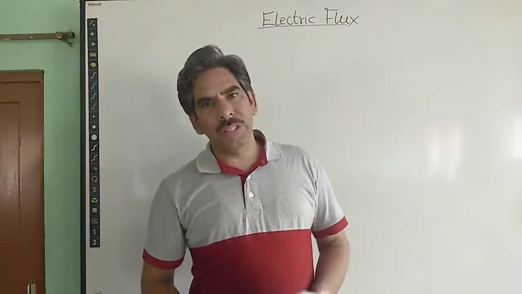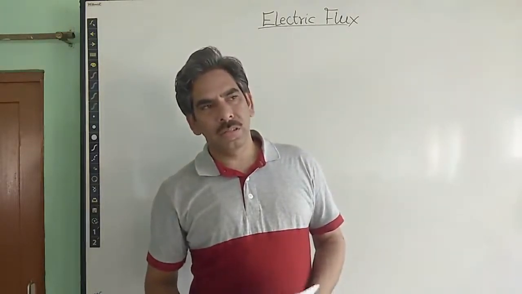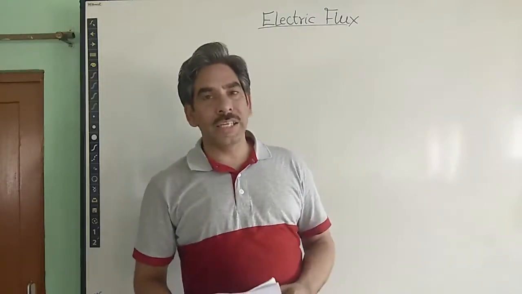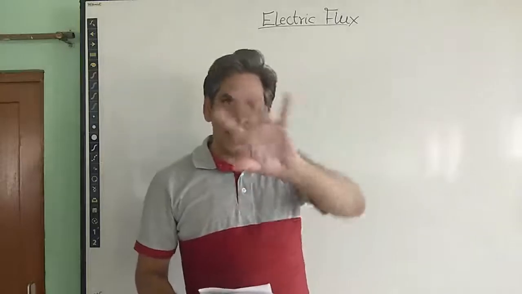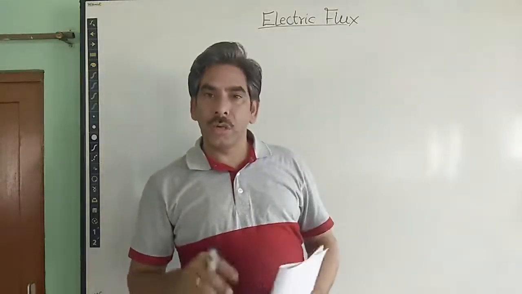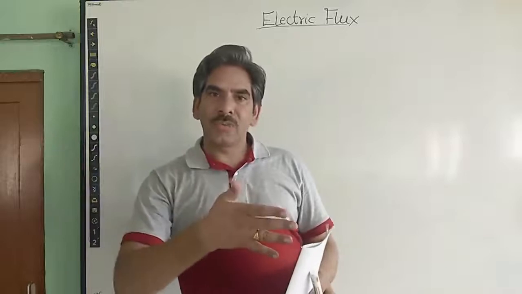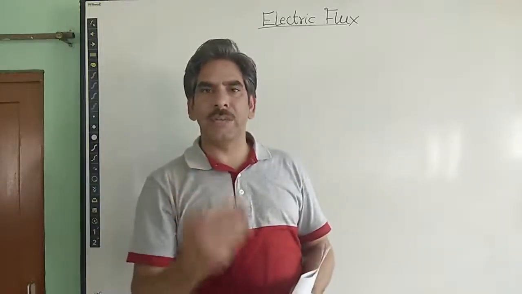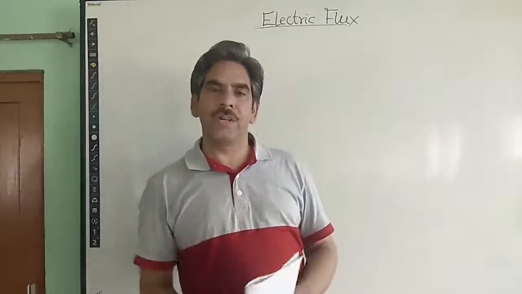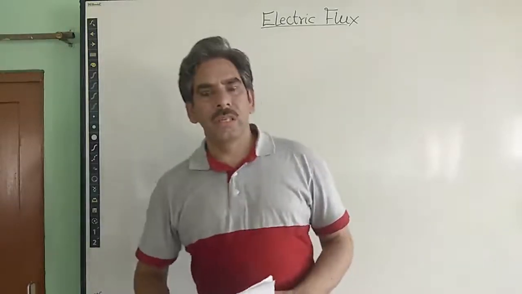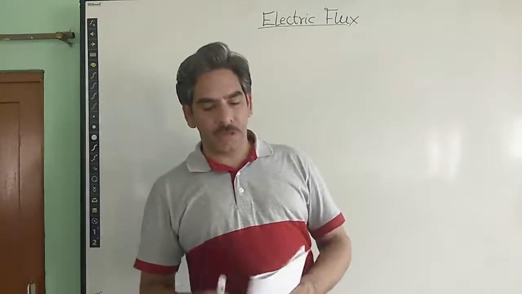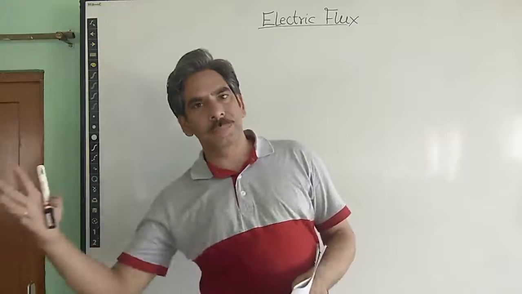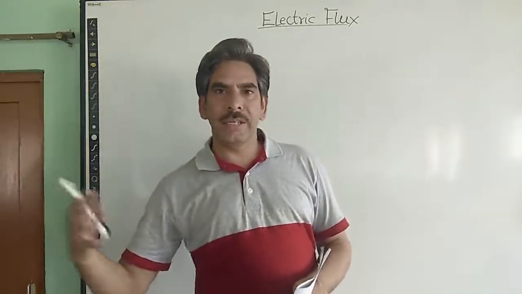But there is one more thing which is very much of importance here, and that is the orientation of the surface area, or we can say cross section. Orientation with respect to the flow of air, water, or here in this case we will be discussing the electric field lines or simply electric field. So it is very much important to consider the orientation of the surface in which it is lying with respect to the electric field lines.